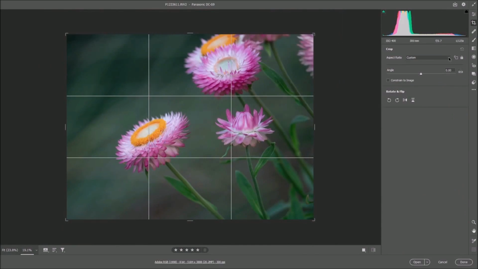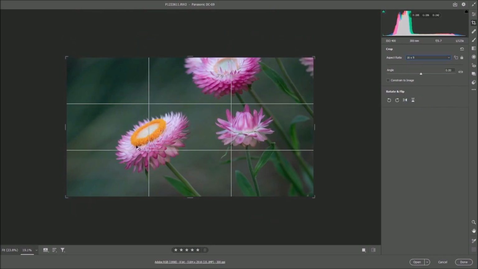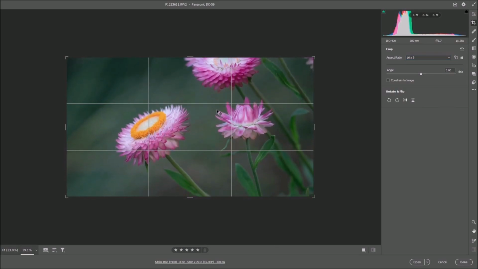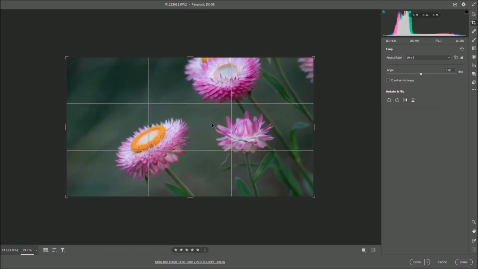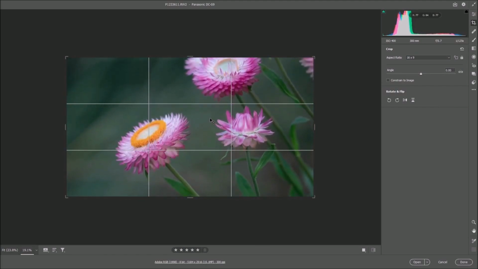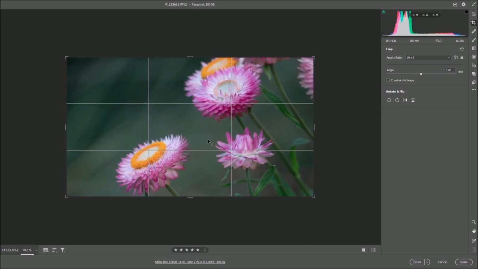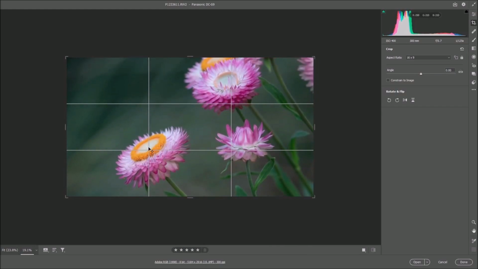So I come across to here and select 16:9 as the aspect ratio, and that's just to crop it the same way I would if I was making this into a picture for my YouTube video. Now you've got to figure out a few things here. That flower at the back, if I try to fit all of it in, it drops this flower a little bit too low, and I think that flower is the one that's supposed to be the most eye-catching feature in